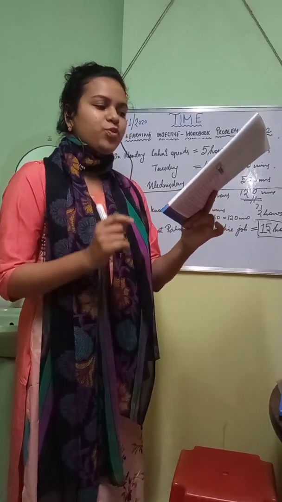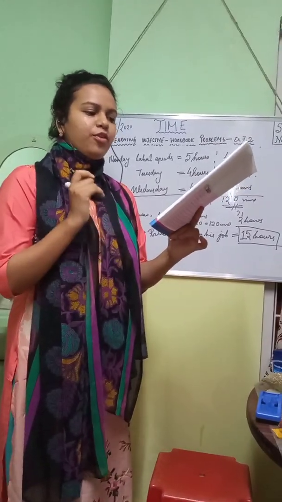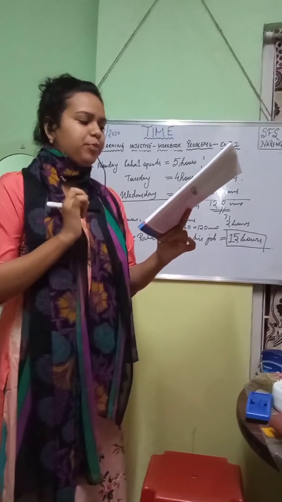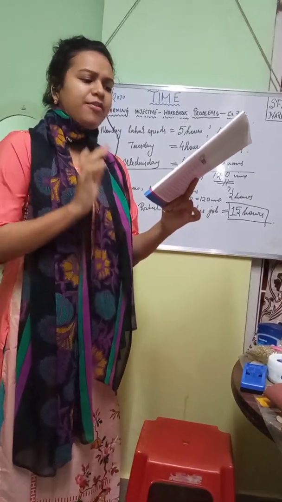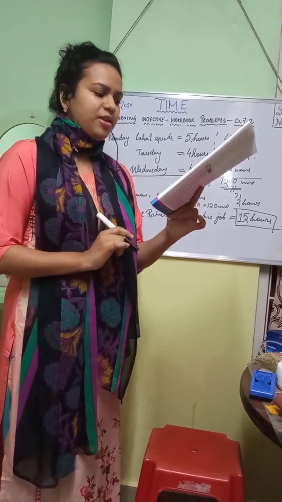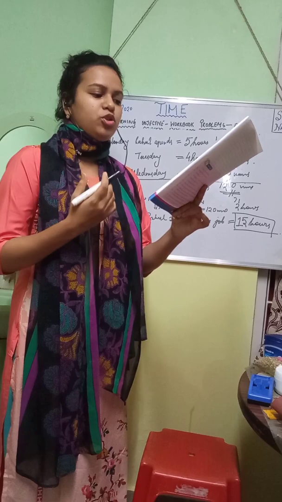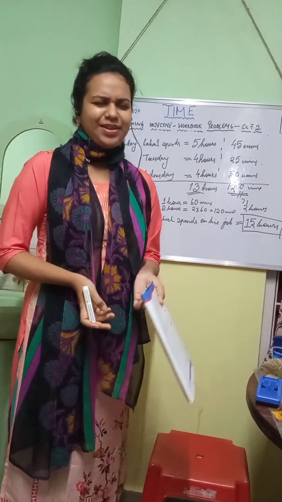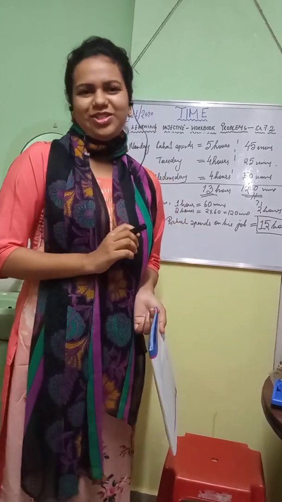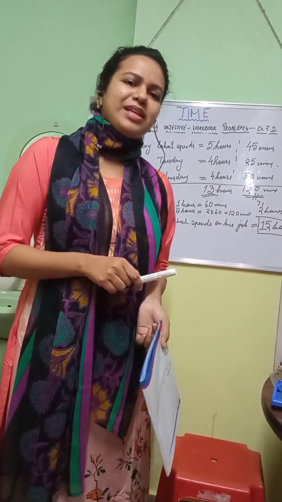Soham started his reading homework at 3:45 p.m. and ended at 4:30 p.m. Then he practiced maths from 4:30 p.m. until 5 p.m. Finally, he studied for science test from 5 p.m. to 5:30 p.m. How much time did Soham spend in all on doing his homework and studying? Please look into these questions, children. And if you have any doubts, any problems, we will discuss it in our next class.